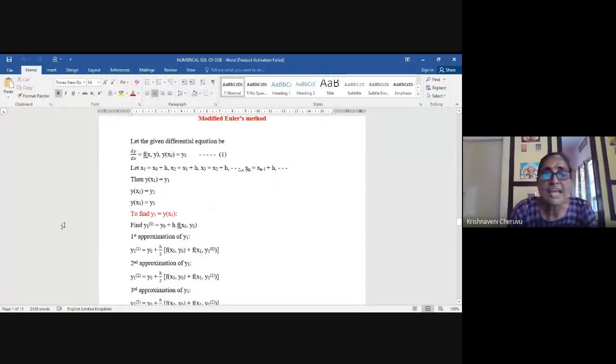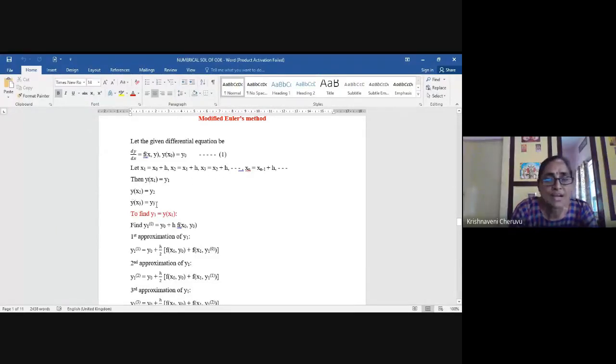So I told you already, in this unit you have only initial value problems, first order, first degree, with one dependent variable y, one independent variable x, and with the initial condition y at x0 equal to y0. You must know the notation to understand what is given and what is asked to find out. As I said earlier, x0 will be given to you, girls. h also will be known to you. So x0 plus h will give you x1. x1 plus h will give you x2. You can get x3 by adding h to x2, and so on.